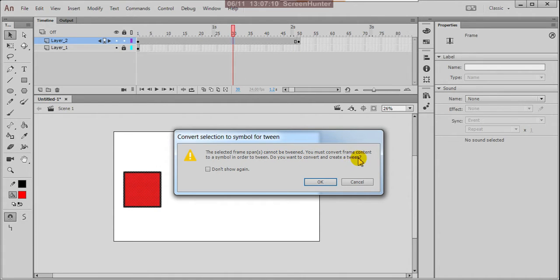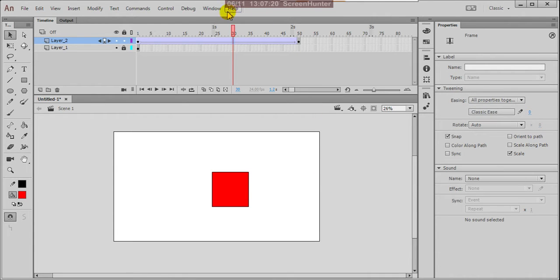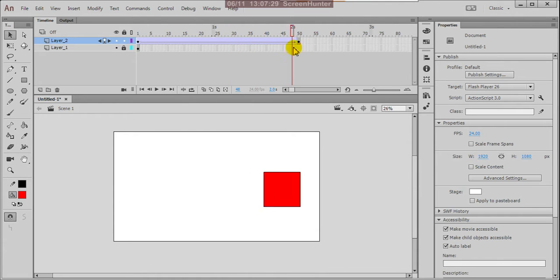You must convert frame content to a symbol in order to tween. Do you want to convert and create a tween? It is asking. Say OK. That means it is asking to create a symbol. It converts into a symbol, and now your animation is here.